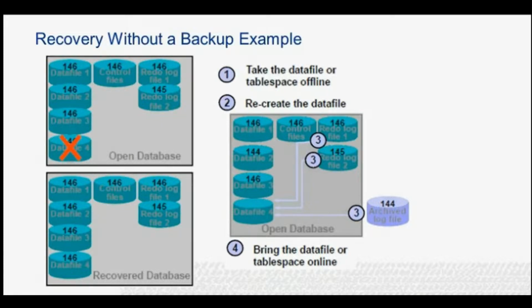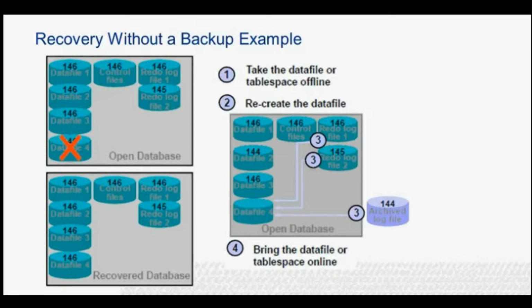Now, a recovery without a backup example. Data file 4 on disk 1 is lost. When restoring the data file from tape, we receive an error indicating that the file was not backed up. We locate the DBA who created the table_data tablespace 2 days ago and find that it contains important user data, but it was never included in the backup strategy. Because data file 4 is not a system or rollback segment data file and we have all the archived logs for the past 2 days, we can proceed as follows.